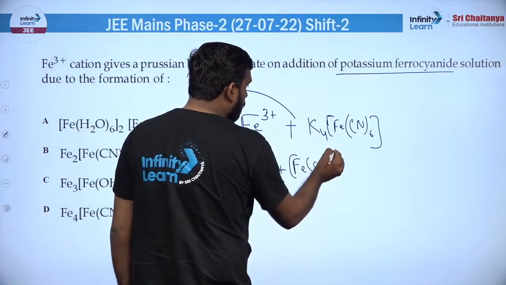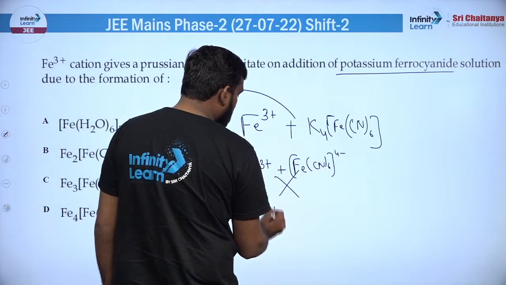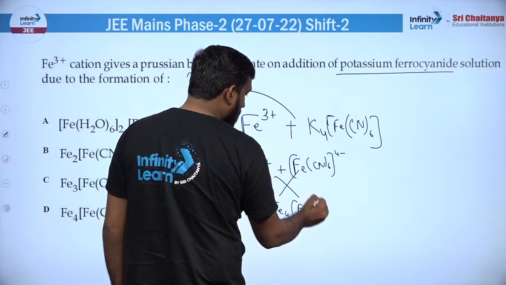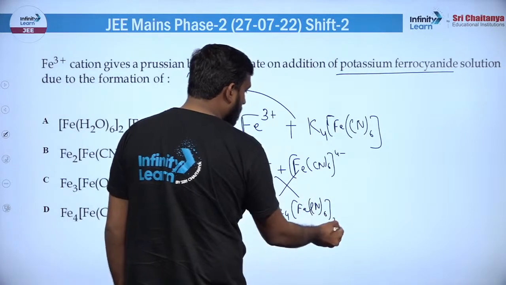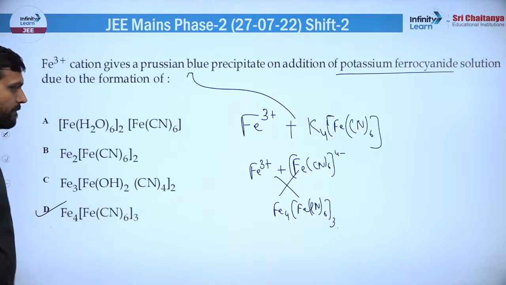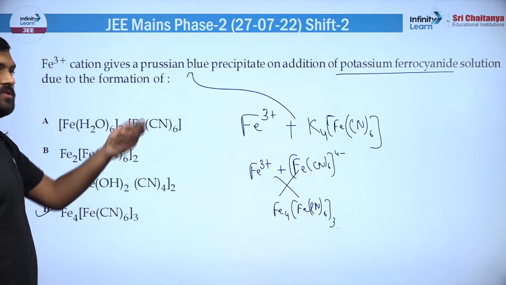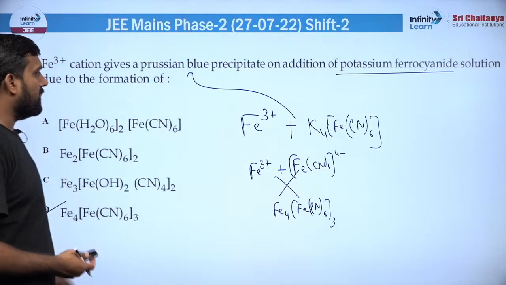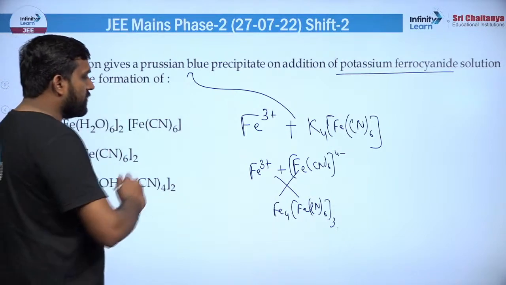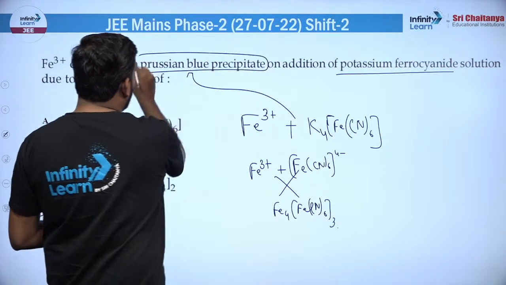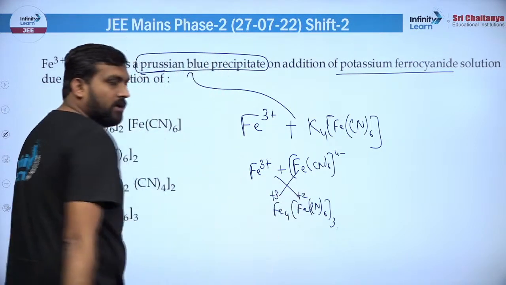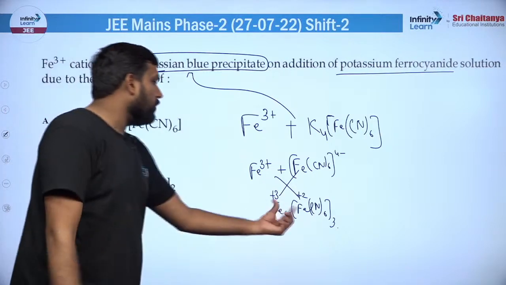Fe(CN)6 टू द पावर 4− से क्रिस क्रॉस कर दो। जैसे ही क्रिस क्रॉस करोगे Fe4 आ जाएगा, इधर आपका Fe(CN)6 का थ्राइस आ जाएगा। ठीक है, सो यू विल बी गेटिंग दिस, तो ये आपका आंसर आ जाएगा। कुछ नहीं, क्रिस क्रॉस करना है, बहुत बेसिक सा कॉन्सेप्ट है, ज़्यादा इसमें मेहनत नहीं है, सब कुछ उन्होंने सवाल के अंदर दिया हुआ है। बहुत सारे बच्चों को तो ये फॉर्मूला ही याद रहता है कि पर्सियन ब्लू में बाहर वाला +3 होता है, अंदर वाला +2 होता है, तो डायरेक्ट यूज कर लेते हैं।